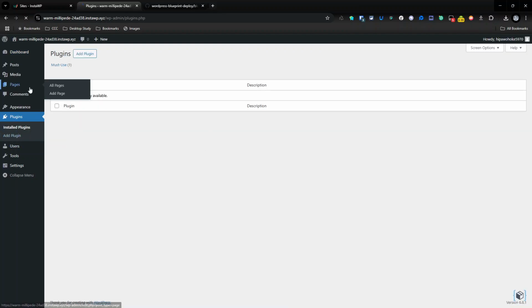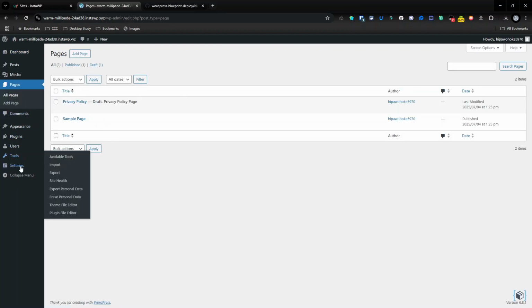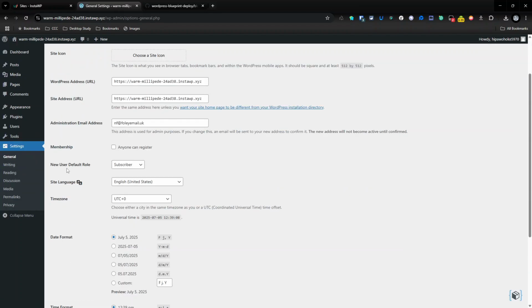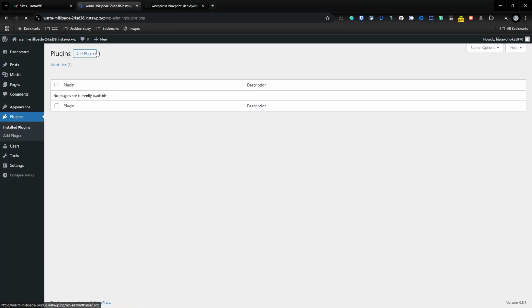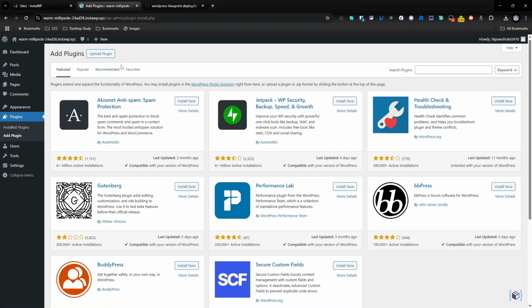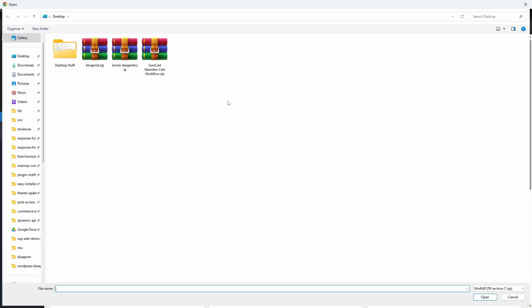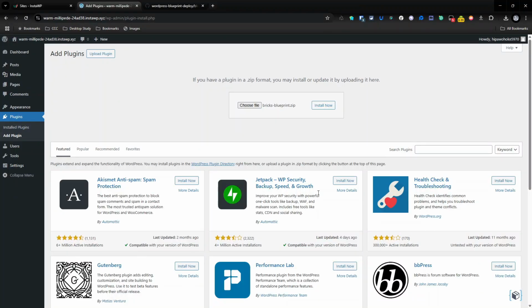There's no plugins installed. We go to pages. We've got the default pages. If we go to settings, we're on the default settings. So what I'm going to do now is go through the same process of uploading a plugin, but this time I'm going to submit the Bricks Blueprint one here, and I'm going to open that, and we're